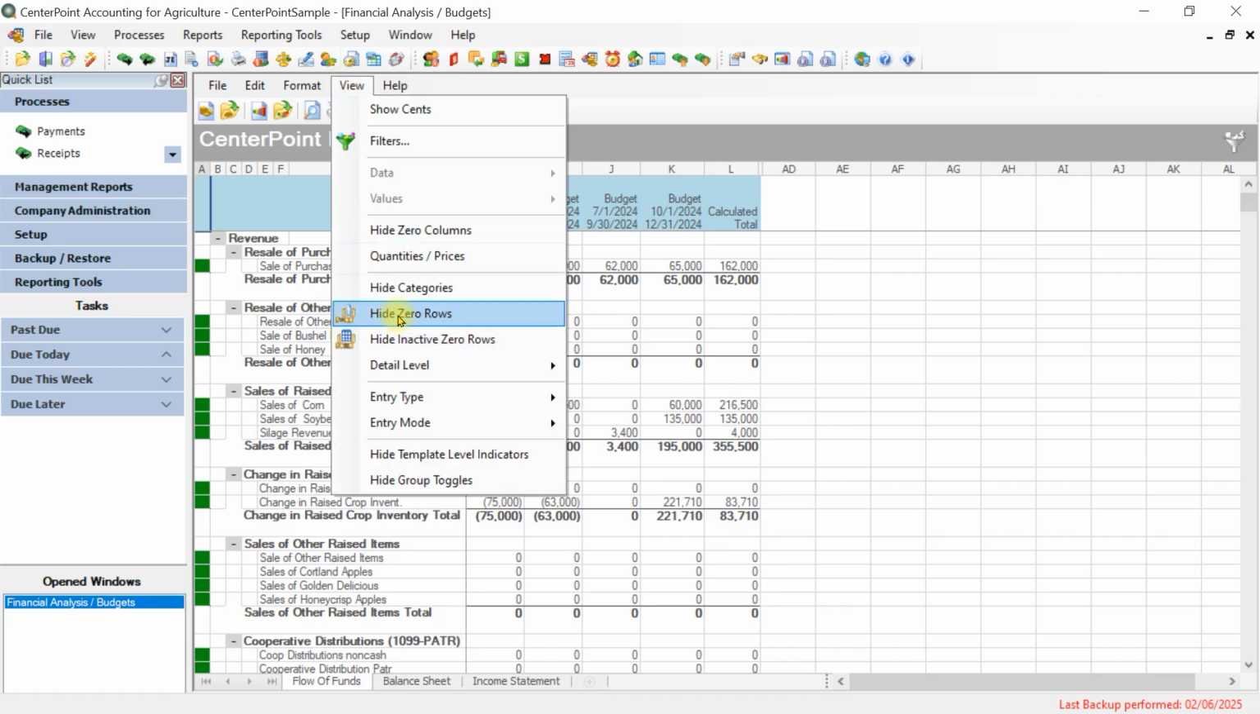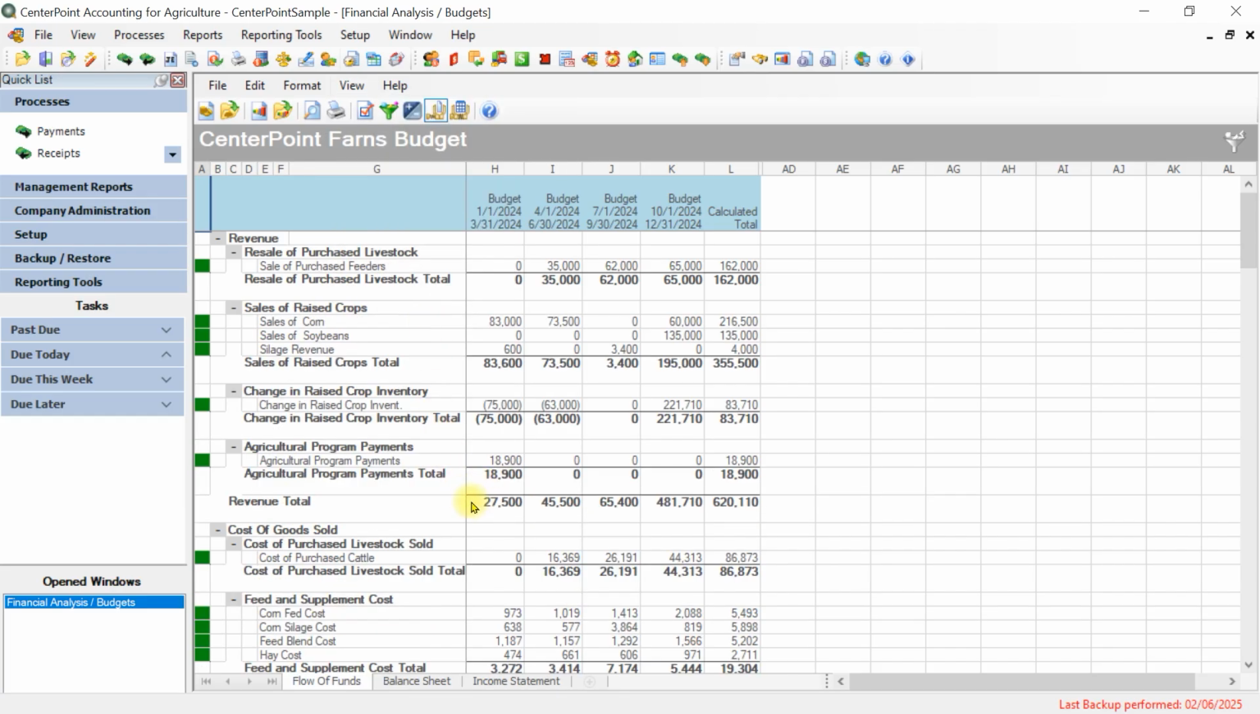Underneath view, you also have two options for hiding 0 rows. One is to hide all 0 rows. The other option is to only hide the 0 rows for inactive accounts. So you can choose which one meets your purposes the best. I'm going to hide 0 rows, and that provides me a little more space vertically, and I'm not printing a